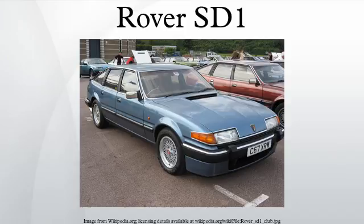British police use. The SD1 was popular with British police forces, particularly in V8 form. West Yorkshire Police were the first police force to use the SD1. When SD1 production was ceasing, police forces stockpiled a number of the cars for later use, to be introduced over